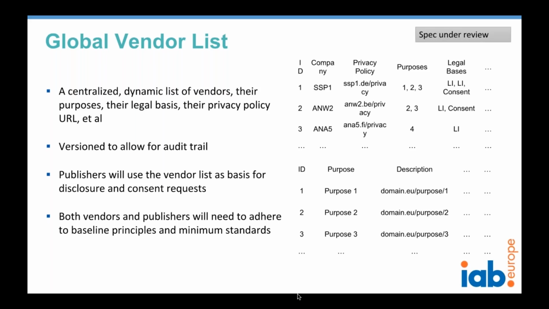On the right-hand side of the slide, you see what this looks like for the purposes. There are a few fields that we're asking for when a vendor registers. So there are links to their own policy, which purposes they support for consent, which purposes they claim legitimate interest basis for, and a couple of other pieces of information that are in that file. And if you go to the next slide,